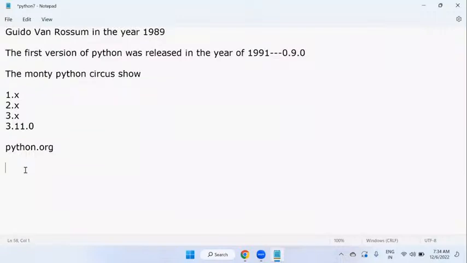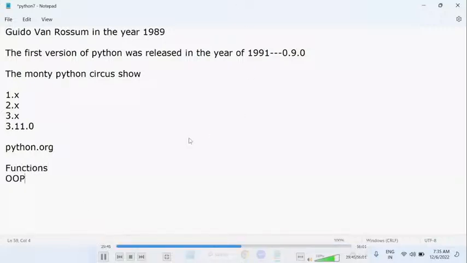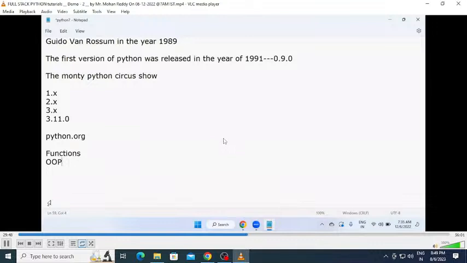We can reuse the code. We cannot repeat the code; that is the matter. So instead of repeating the code, we can reuse it. How can we reuse it? Using functions and using object-oriented programming. In both cases, we can reuse the code. But through functions, the scope is limited. Why? Because inside the function, whatever code you write, only that code you can reuse. But in object-oriented programming, there is a lot of scope inside the total class, how many number